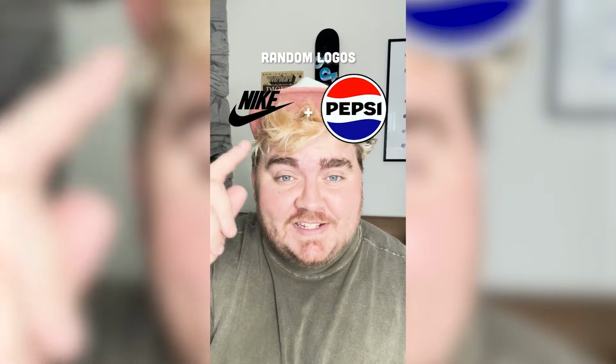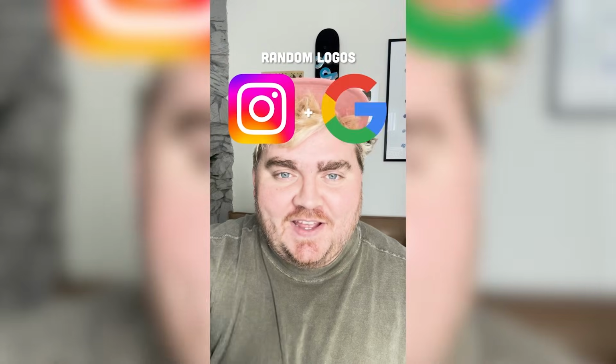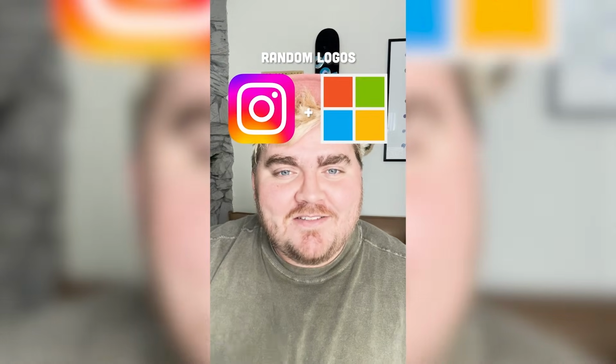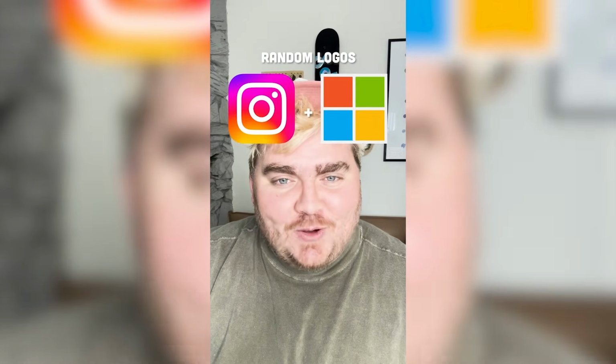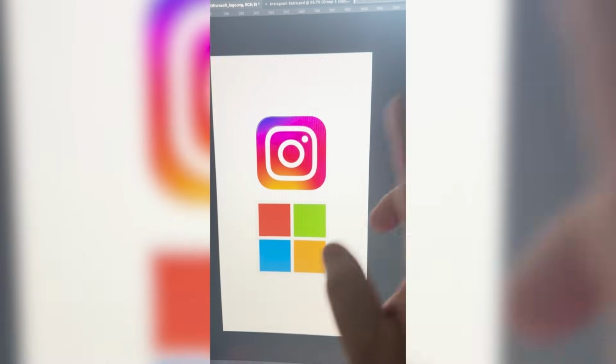Whichever logos this filter lands on, I'm gonna mash them together. Okay, up first we have Instagram plus Microsoft. Okay, let's go. Okay, basically what I'm thinking is removing all of these parts of the Instagram logo and